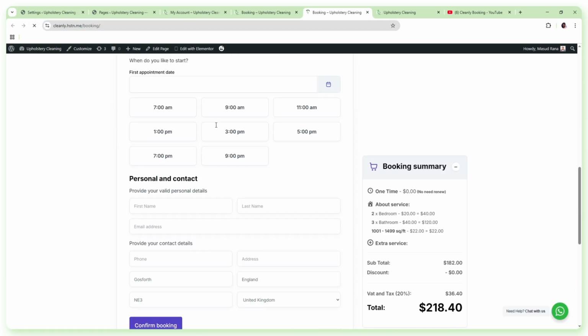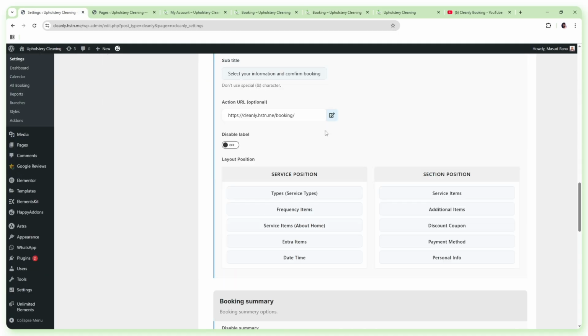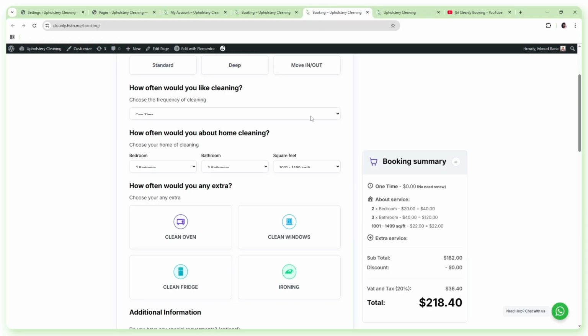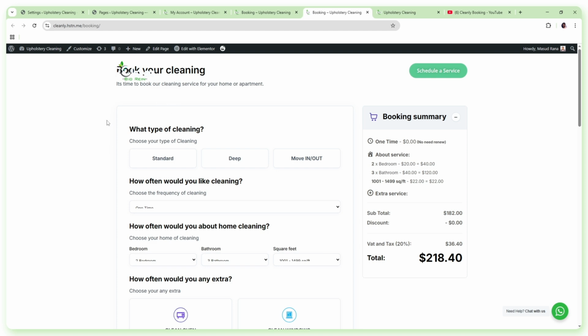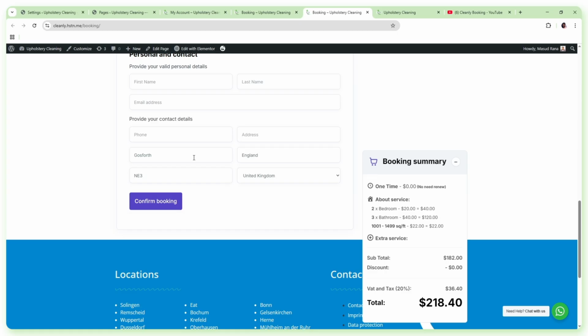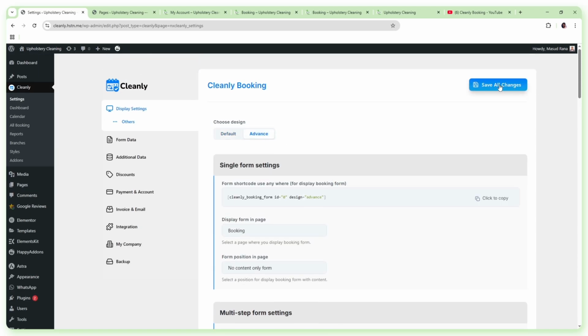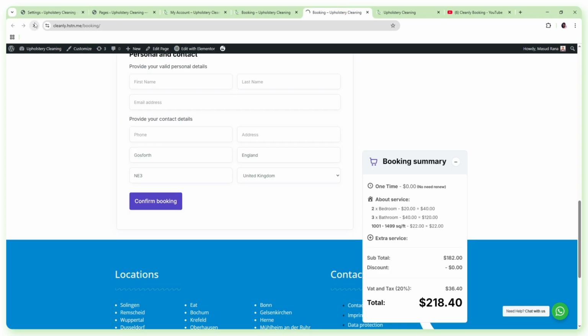Now this is a single booking form. So here for layout changing, we see the two options: service position and section position. Section position actually means the section. This is actually a service section. This is personal section, as well as payment section and other things. So also, if I select the advanced design and save change, now if I reload the page,